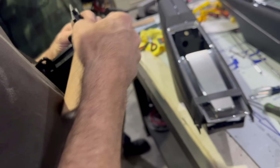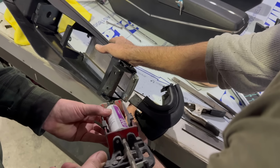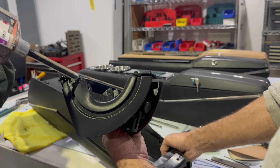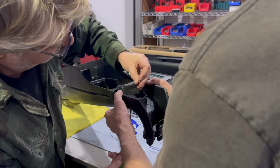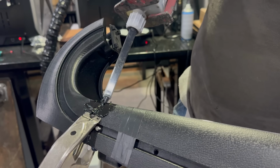Anyways, because it's a hand model job now, we got to cut that front end off of it, and then that 3D printed part that we made for it is exactly sized to fit that thing. So how you cut it, where you cut it, has got to be jigged up, and it's not going to be put together like this when we're building them in mass quantities. However, this is our prototype. So we've got a couple hands working together, holding it in place, a couple screws to make sure it's perfectly straight and clean, a little extra goop in there,